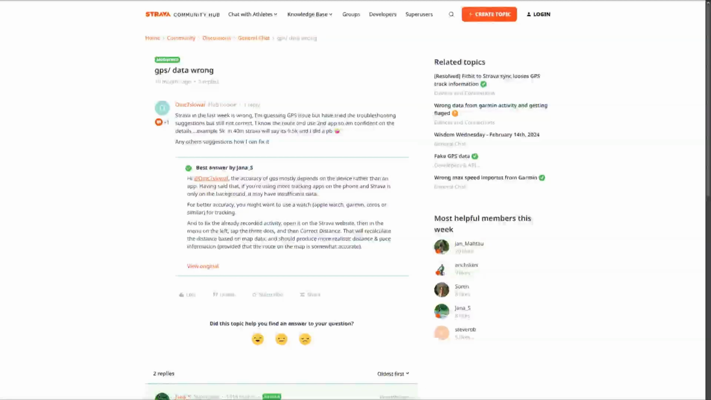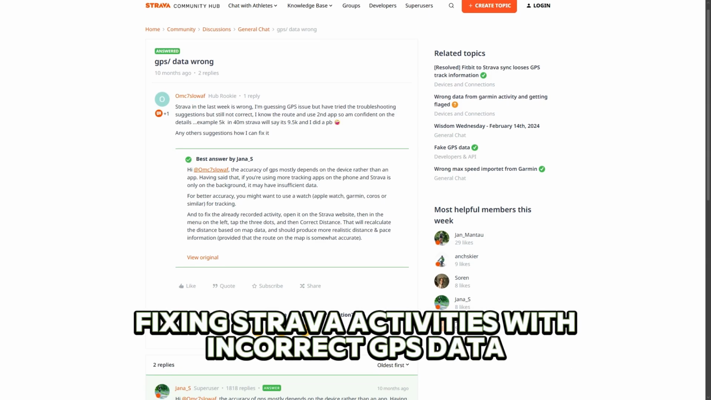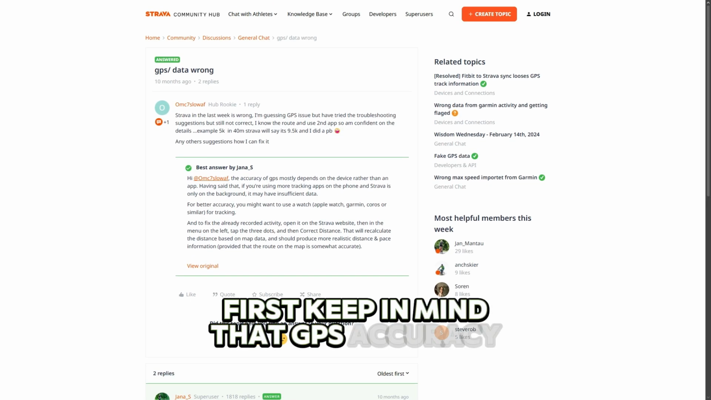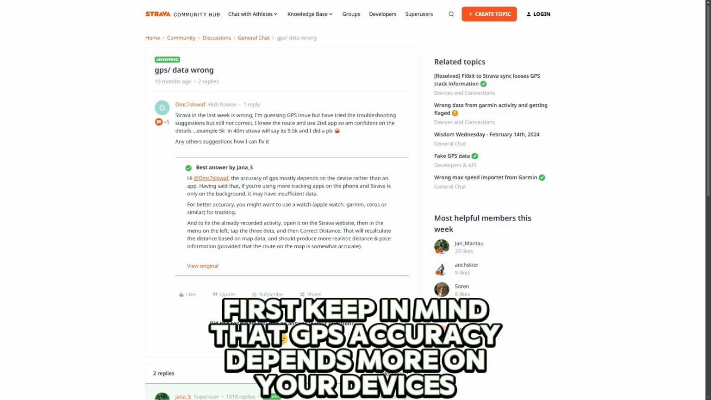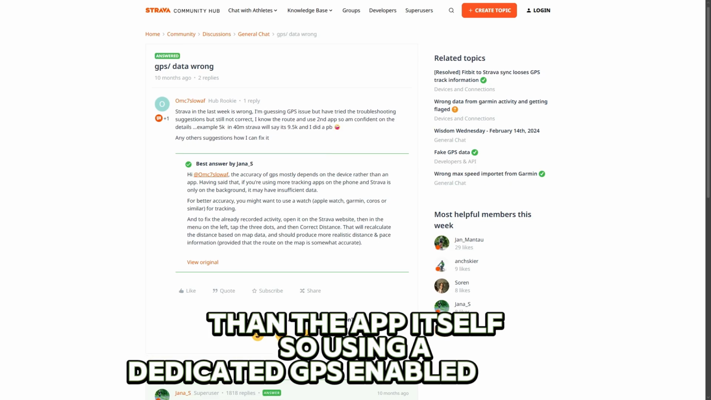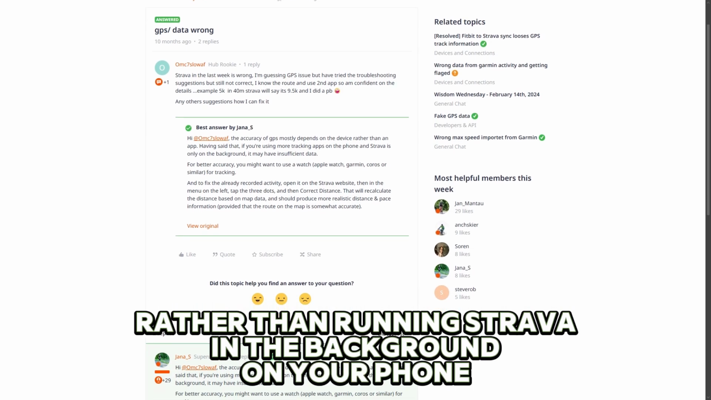Today, let me show you how to fix Strava activities with incorrect GPS data. Fixing Strava activities with incorrect GPS data is straightforward. First, keep in mind that GPS accuracy depends more on your devices than the app itself. So, using a dedicated GPS-enabled watch rather than running Strava in the background on your phone can help prevent